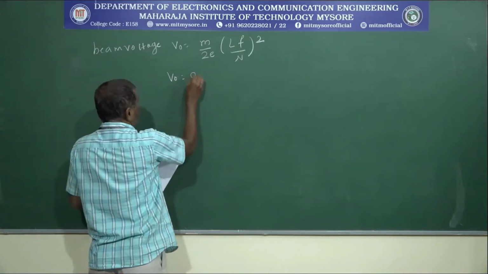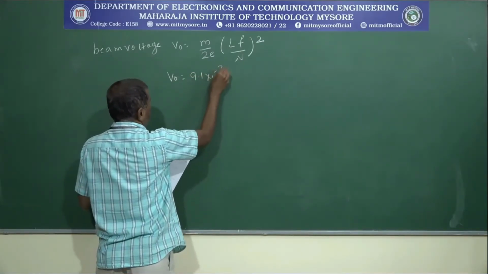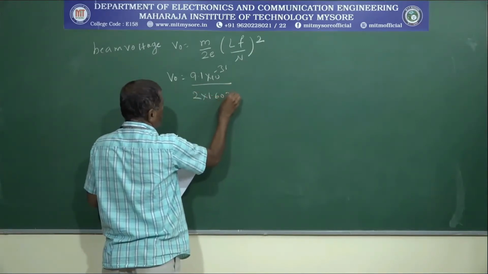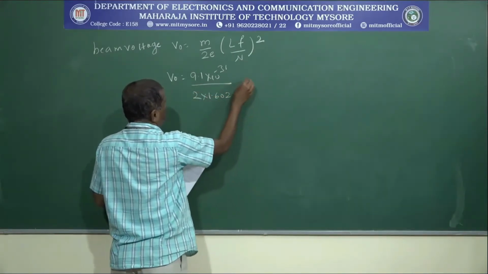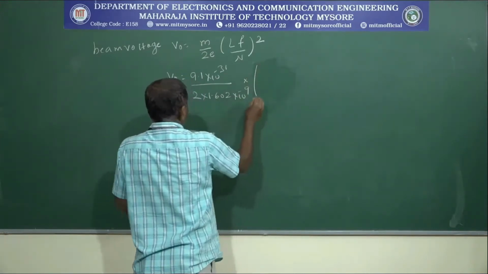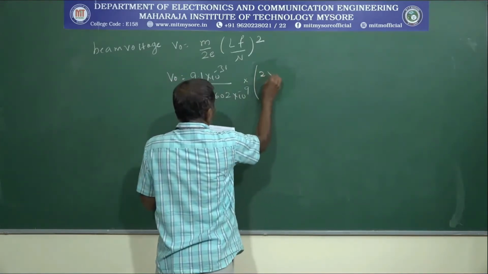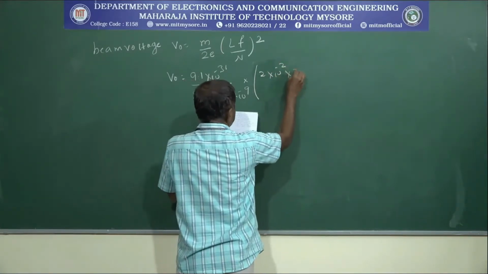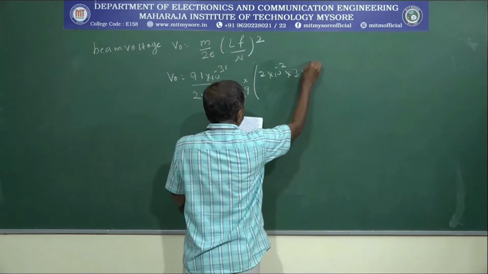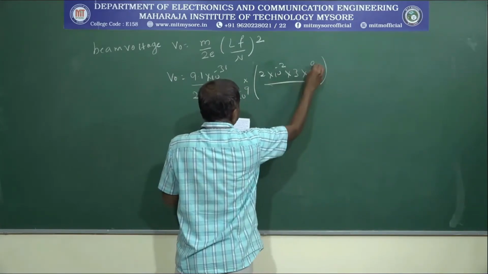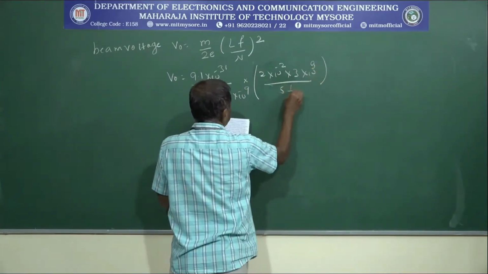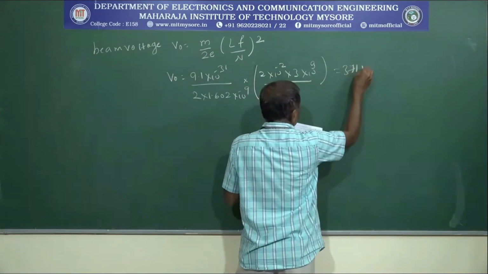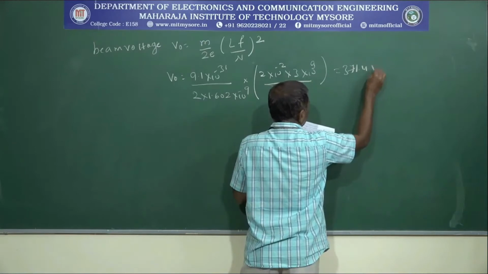Substitute all the values: 9.1 into 10 to the power of minus 31 divided by 2 into 1.602 into 10 to the power of minus 19, into L, which is 2 into 10 to the power of minus 2, and the frequency is 3 into 10 to the power of 9, divided by N, which is 5 into 1 by 4. So this is going to be 371.4